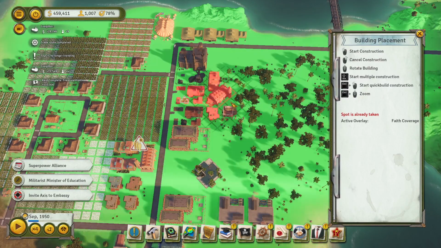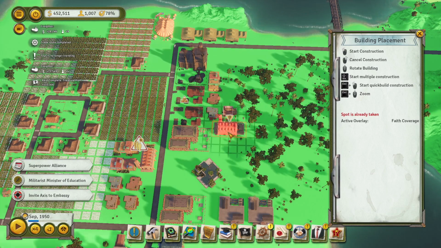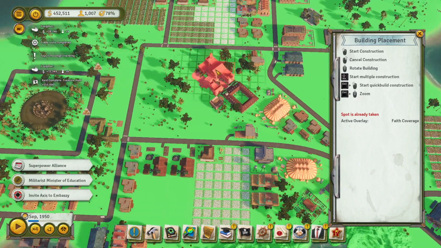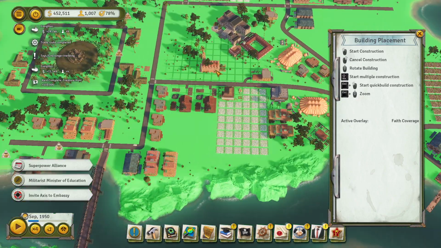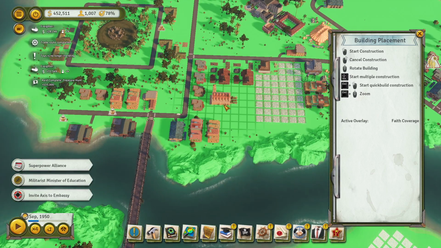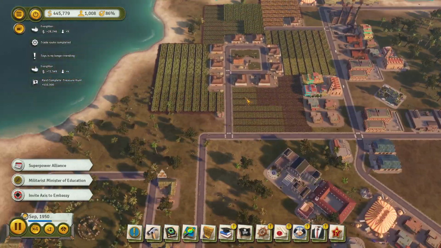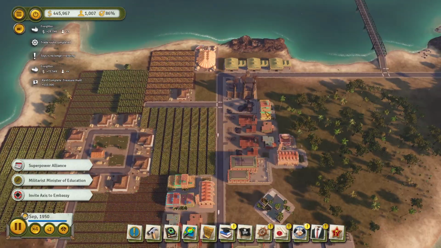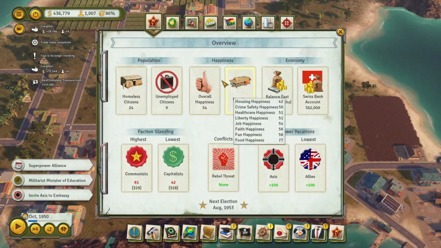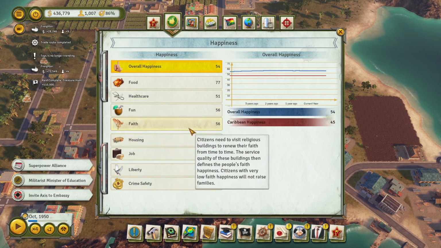Because as a stopgap, if I need to, I can always toss down some mansions and houses and stuff closer to an election if I feel like I need to appease them a little bit. Okay. I'm going to build in a couple of churches here and there. See what that's done for my... Not so much the churches because it takes a while, but...